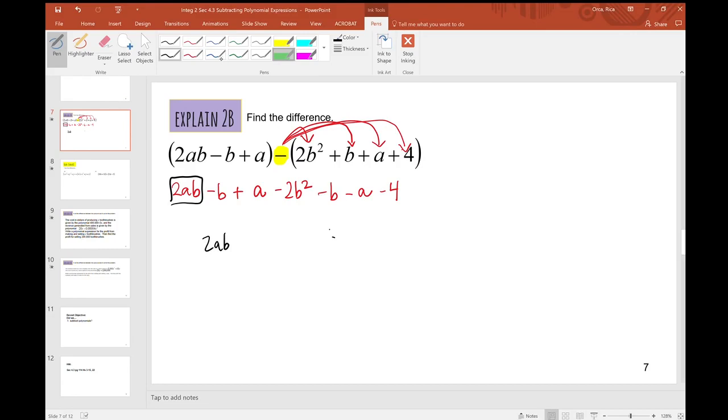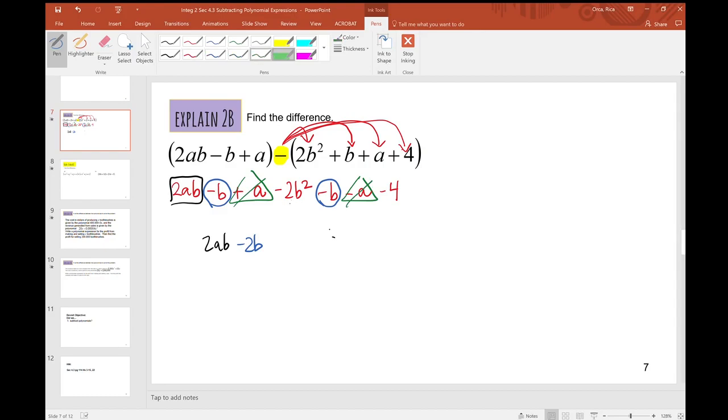Let's move on to the next set. That's negative b, and here's another negative b. Negative b minus b is negative 2b. Moving on, we have a minus a. A minus a is 0. Next set,